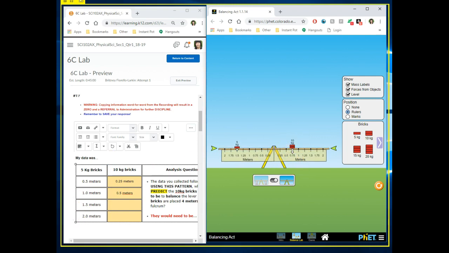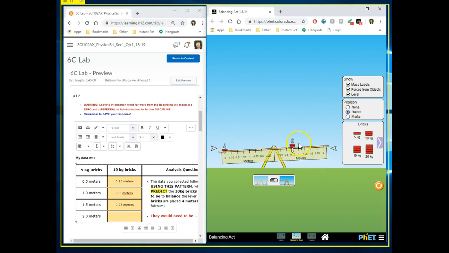Are you guys feeling pretty confident about these? Yes, you are copying my answers for number 1. Please copy these answers. Okay, you could do it again on your own, but you'll get the same answers. So there's no point in doing it twice. Where do the 10 kilogram bricks go? Yes, make sure you use those units. I appreciate it, Brianna. No naked numbers, 0.75 meters. Okay, and then last but not least, we're going to go ahead and grab those 5 kilogram bricks,